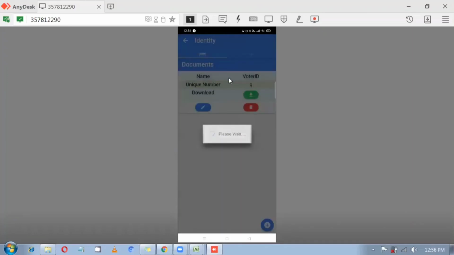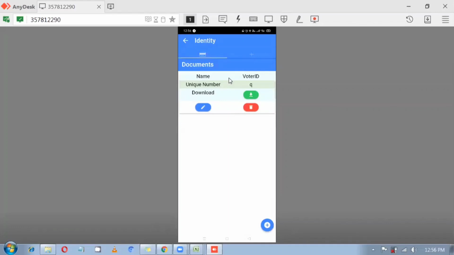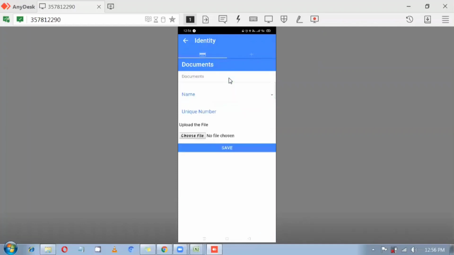If you want to upload documents, like your voter card, Aadhaar card, or passbook, everything can be uploaded from the documents section. You can upload it from the ESS or from this mobile app also.